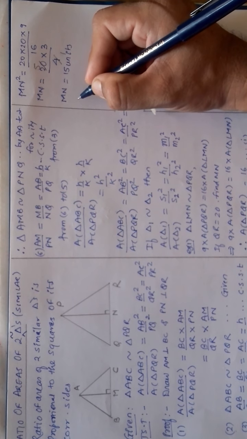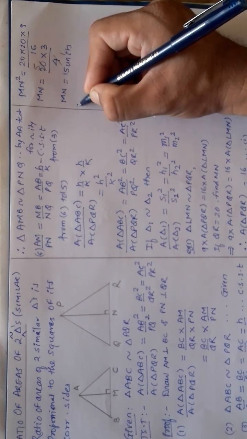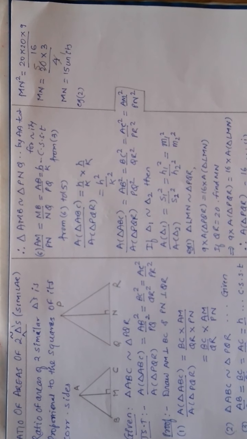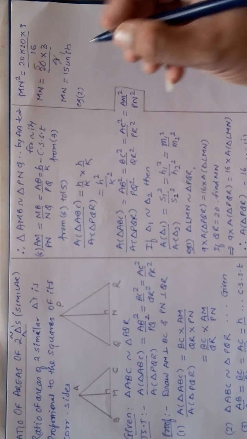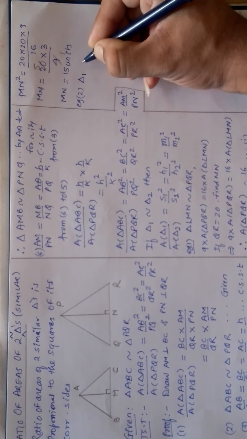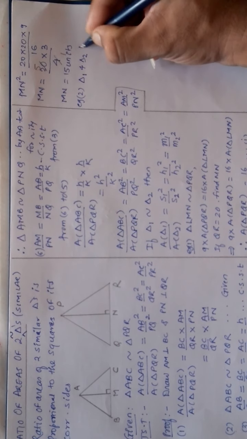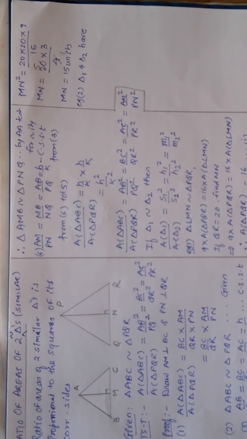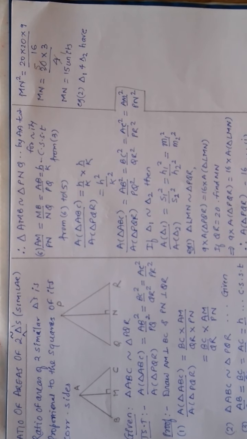Now let us go to another question. It says that areas of two similar triangles are 225 square centimeters and 81 square centimeters. Okay, so what I am doing is, I am not writing names. Let me read further. If a side of the smaller triangle is 12 centimeters, it talks about the side of the smaller triangle, find the corresponding side of the bigger triangle. It is a very simple question, nothing is there in that.